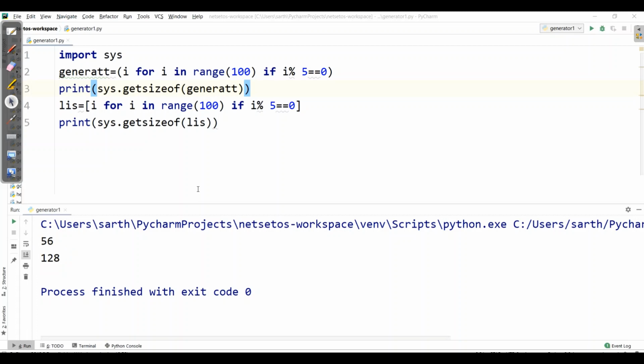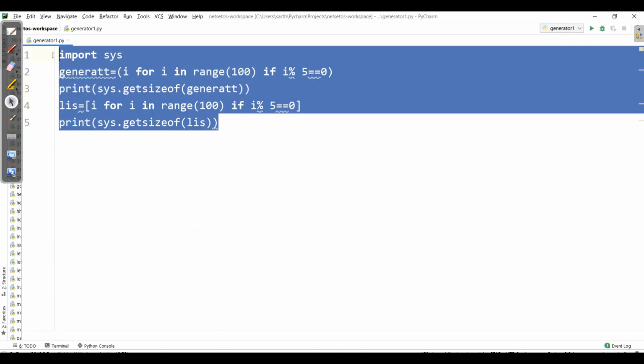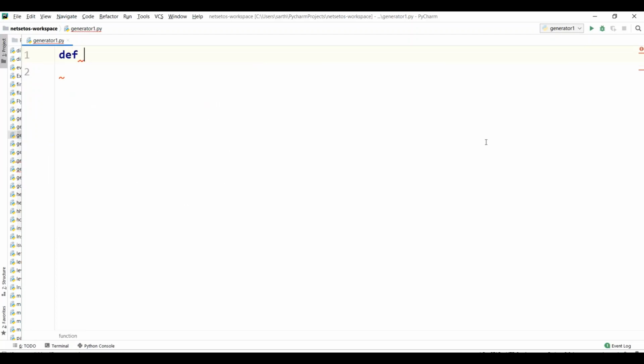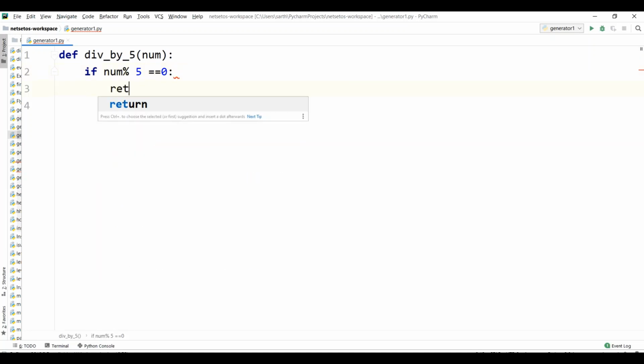Now let's see the time processing of generator as compared to list. So I'll delete this and we'll make a program, def. Here I'll make the same function div_by_5 and in argument num. If num is divisible by 5, then it should return True, otherwise False.